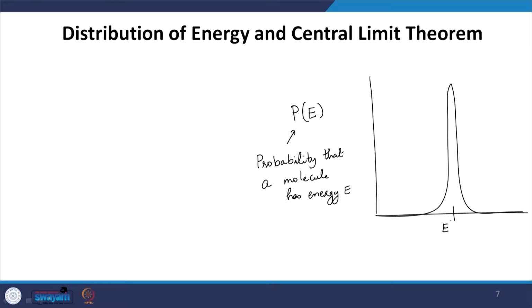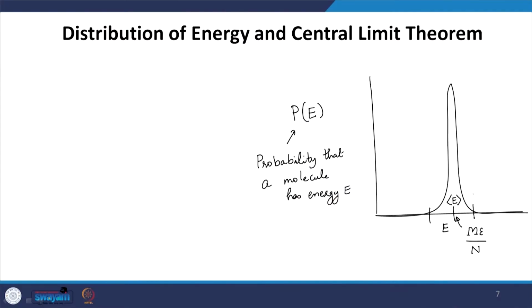So, the average value of the energy we can easily find will correspond to the case when you have a uniform distribution, and that will correspond to the total energy available divided by the number of quanta, or number of students, or number of molecules that you have in this particular case. So, this is my average energy, let me call it something like this. However, we are not talking about that particular value really, we are talking about a value near about that, right.